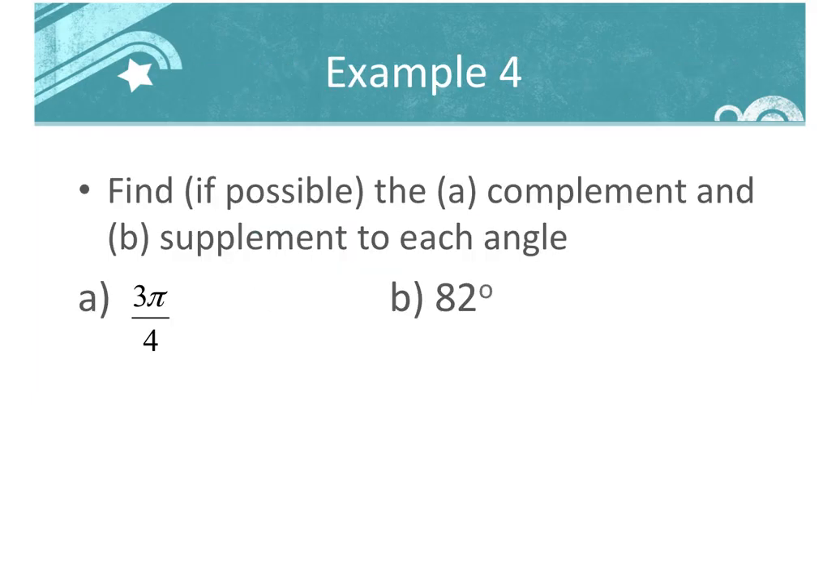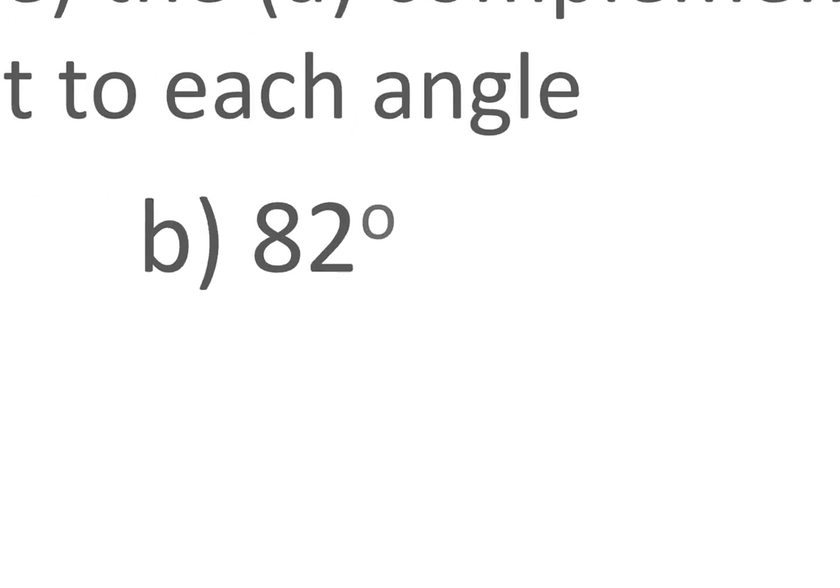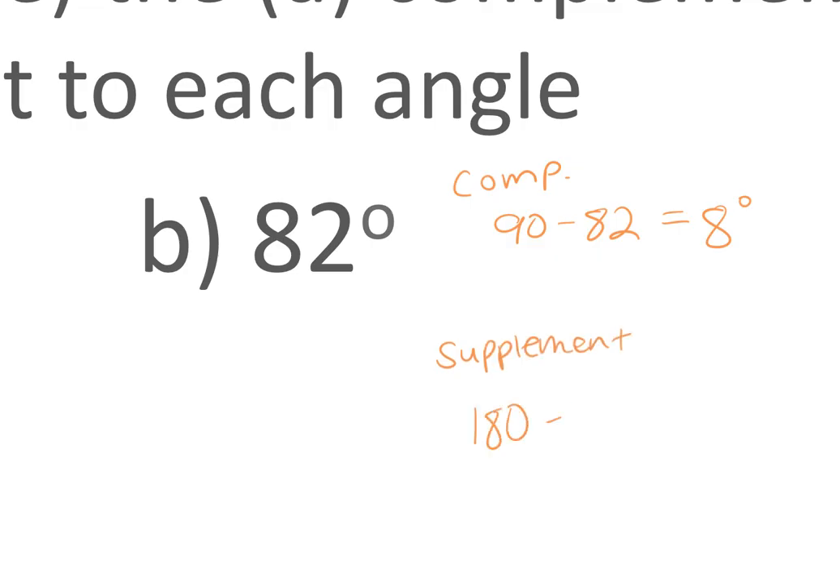All right, so example 4, notice it says find, if possible, the complement and the supplement to each angle. Let's start with B because it's in degrees, a little bit easier, right? So for B, if I want to find the complement, how do I do it? Subtract it from 90. And 82 subtracted from 90 is 8 degrees. And how do I find the supplement? Subtract it from 180. 180 minus 82 is